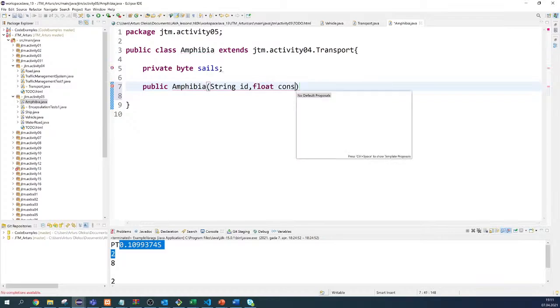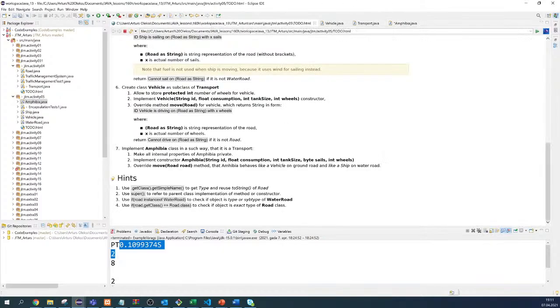Consumption, and type, sails. Yeah, basically here we need to use both vehicle